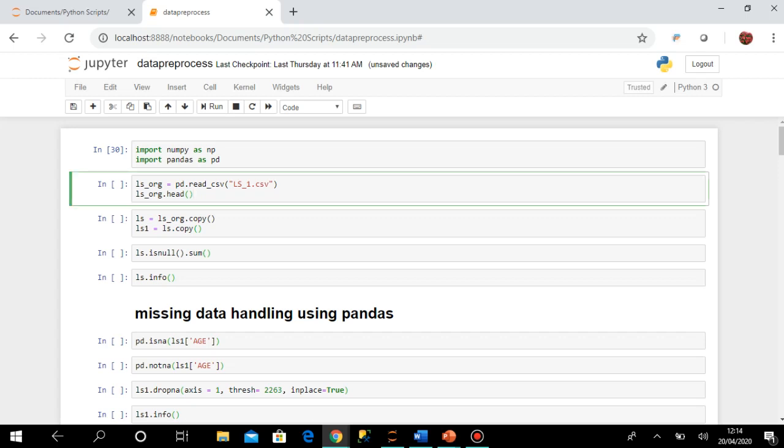This is a file for the Lok Sabha election data for India, and it contains the details of the candidates in the Lok Sabha election. We have used this file earlier as well, so you may be familiar with that. So let us create this data frame, and I will print the first 5 records.